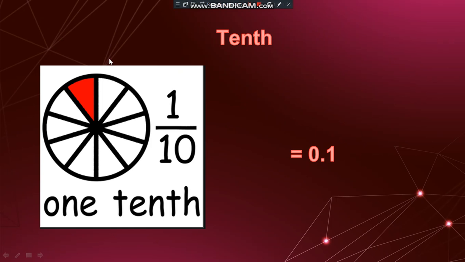As you can see in this image, there are a total of 10 parts: 1, 2, 3, 4, 5, 6, 7, 8, 9 and 10. So out of 10 parts, 1 part is shaded. So this represents a fraction, right? 1 upon 10. So 1 part, 1 divided by 10 parts, gives you 1/10. As you can see, the number 10 has one 0 over here, so I'm going to put a decimal point leaving one number, that is 0.1. So this is 1/10.